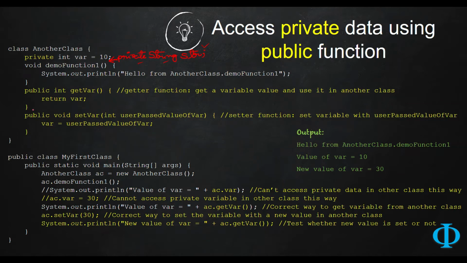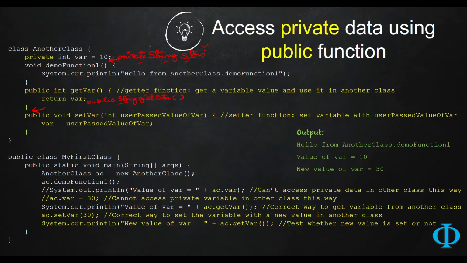You have to write another getter function, maybe after this get var, or anywhere in the class. So what you can write is another public, and the get function, as I have told, according to the convention, it should be like get followed by this variable name, which is get str. And since the get str getter function does not have any parameter, it should be like this. And well, in between this public, I just forgot to do that, so it should be public followed by string. Why string? The string is the return type of this get str function,